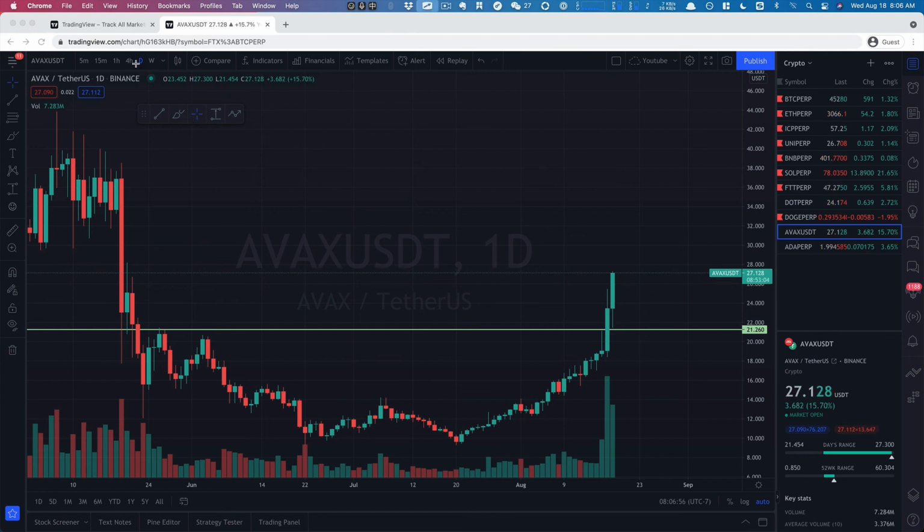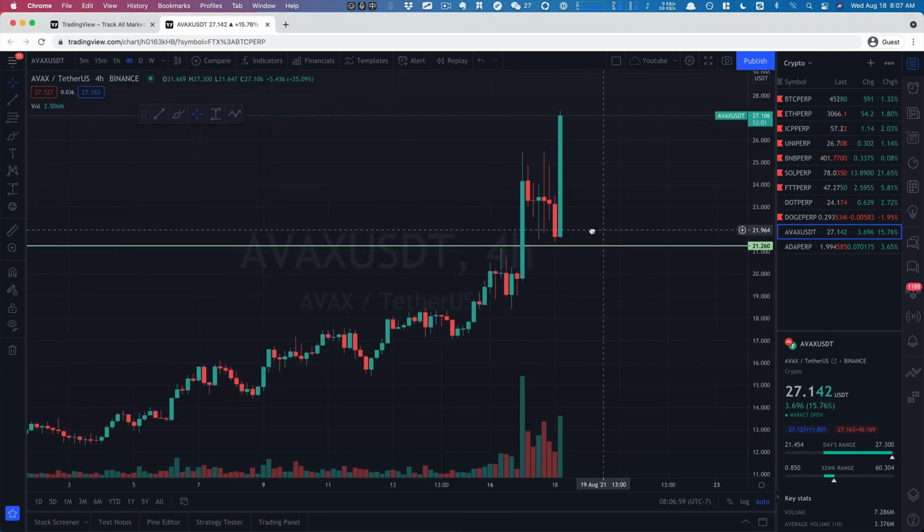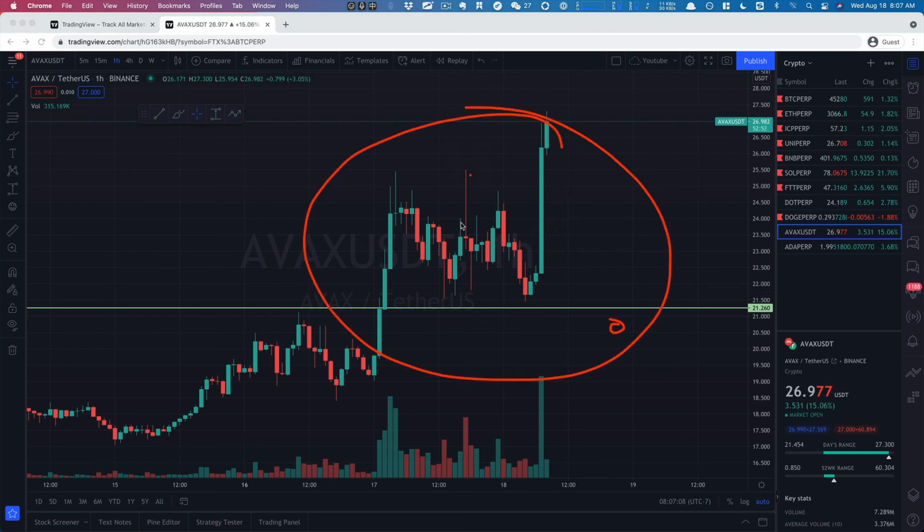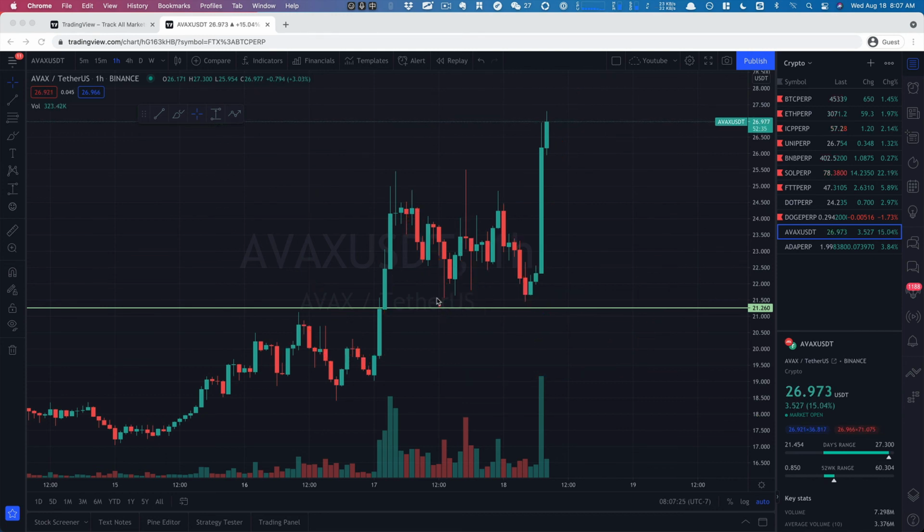Look at this, right? If we get into the 4-hour retest, so ooh, wow. Okay, let's look at 1 hour. Ooh, okay. So look at this, right? Very, very nice breakout. Test once, test twice, test 3 times, then shoot up. Remember what we were talking about? Dogecoin testing the support. If you're not patient, and you got in here, and then you're like, yay, and then right, and then yay. If you bought at this level,